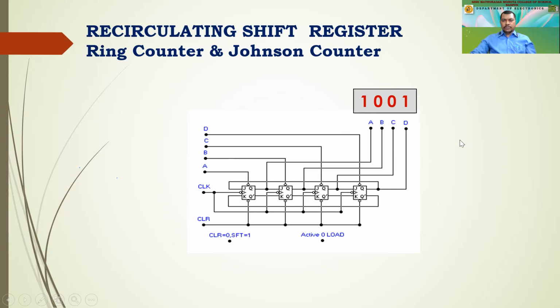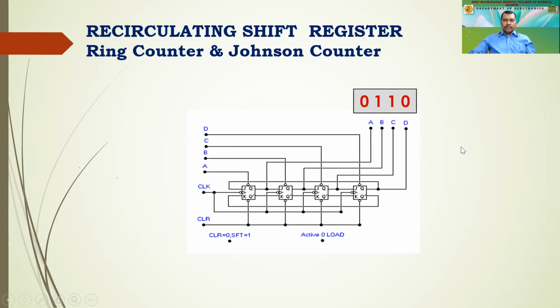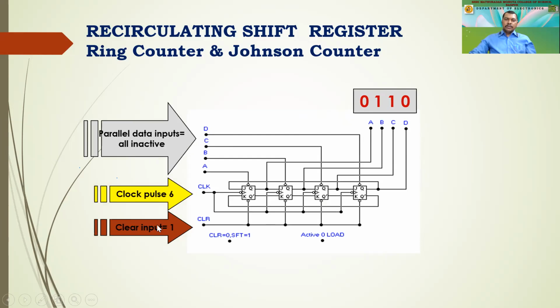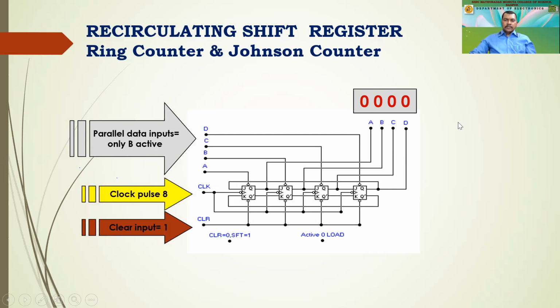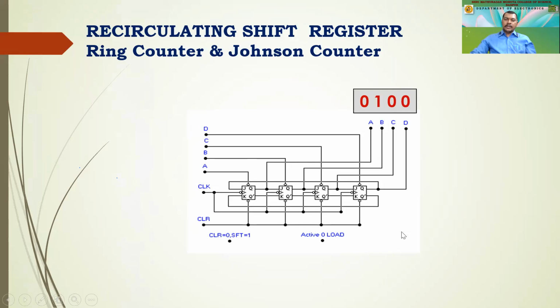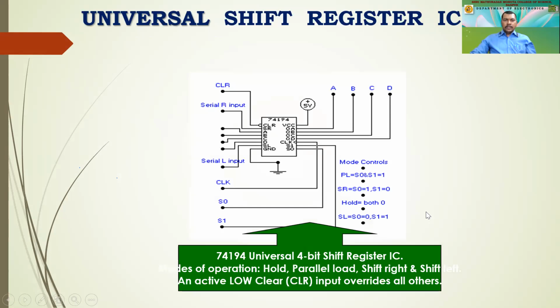Now let us start. As you have given again 0, the data is being shifted. So 100 comes over there, and again this low we have given. So this data is again shifted 1100. Then we again activate low. So we are having 011, and similarly the data can be given parallel. As you shift, the parallel data goes on moving, right? Likewise. So this is called parallel in, parallel out, or the ring counter.